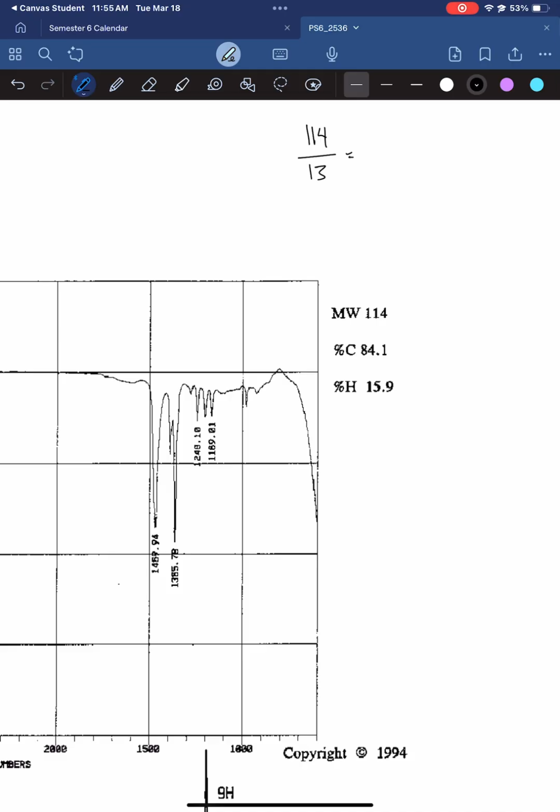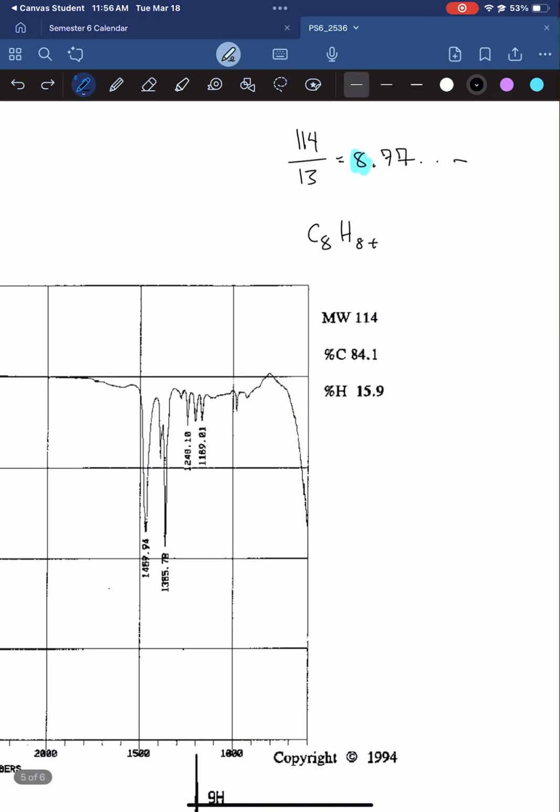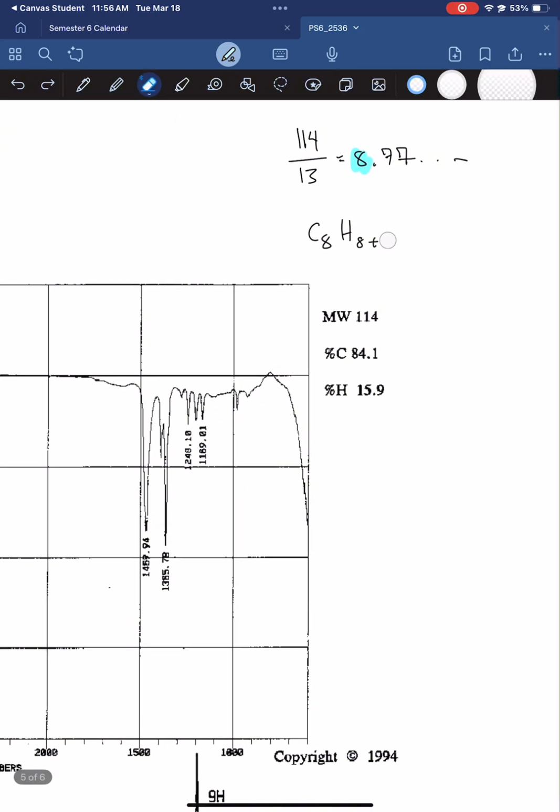In this case, you get 8.77 whatever. Well, you want to look at this whole number. That whole number is going to tell you the number of carbons in your molecule. So you know this is going to be C8H something. We don't know, and it's going to be 8 plus something, right? So the trick here is once you have that,